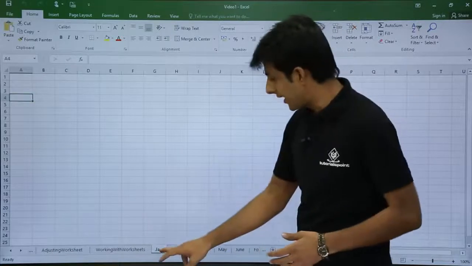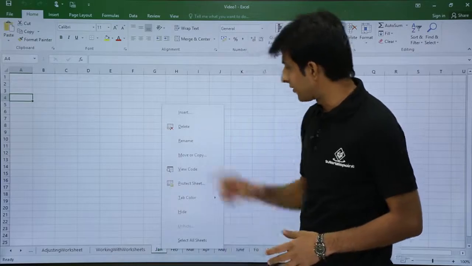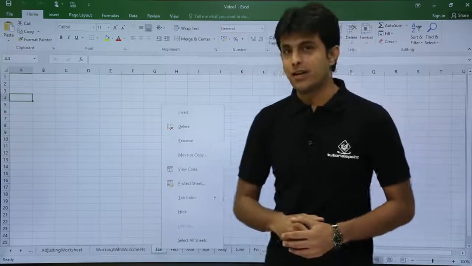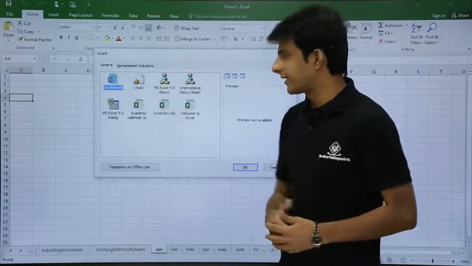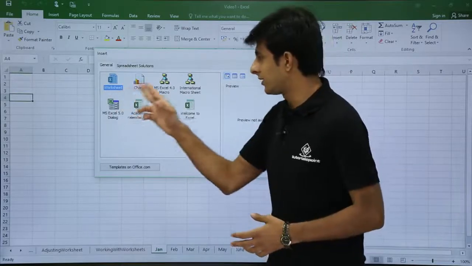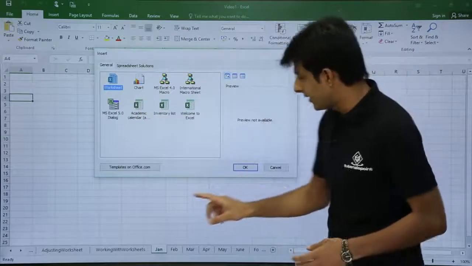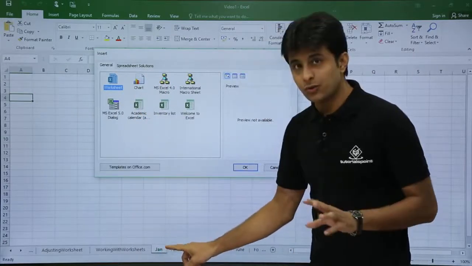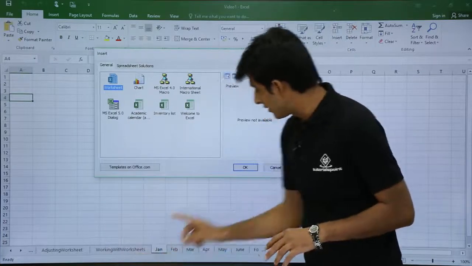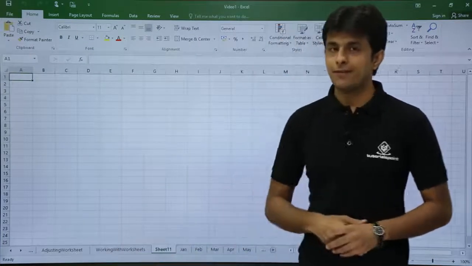So, you see, I just need to click on the worksheet, right click on this option, and you can see the first option is given as insert. The moment you click on insert, you will get a dialog box. It will ask you what do you want to insert. Do you want to insert a worksheet, a chart, or different options? I will select the worksheet and click on OK. The sheet which you have selected, a new sheet will be added before that sheet. So, I will click on OK. You see there is a sheet added. So, now it is sheet 11.